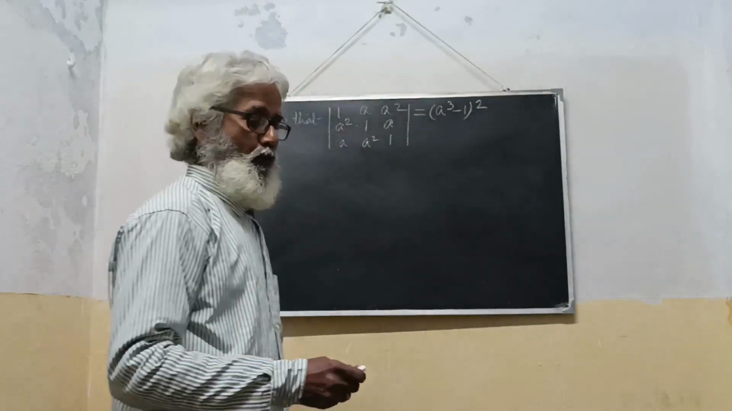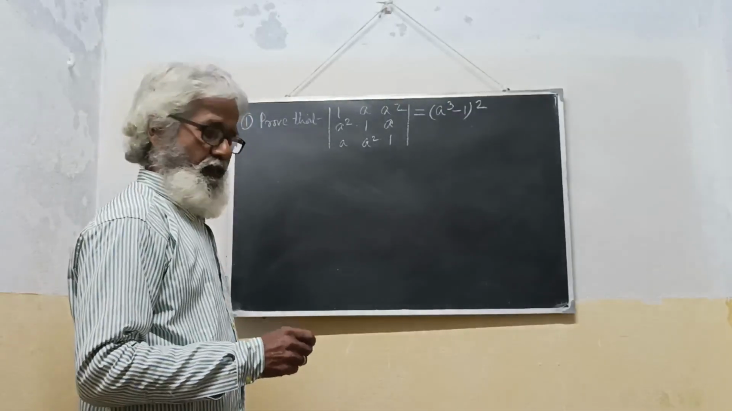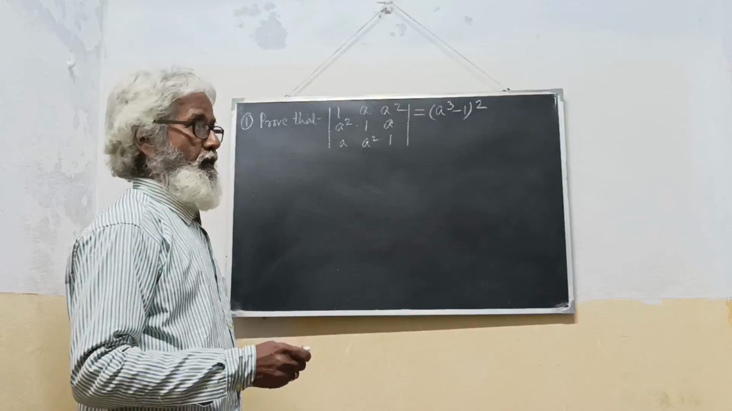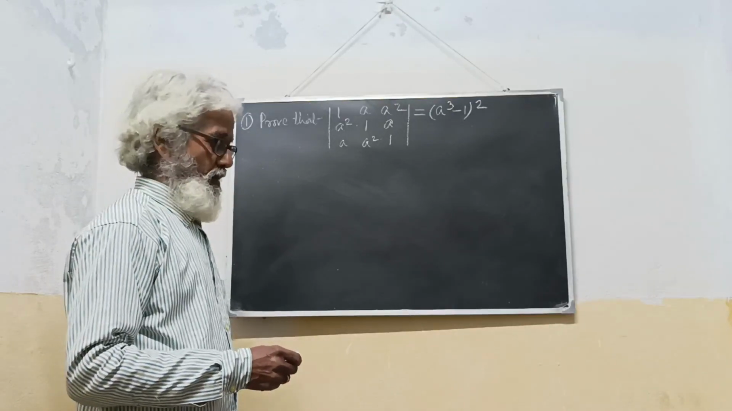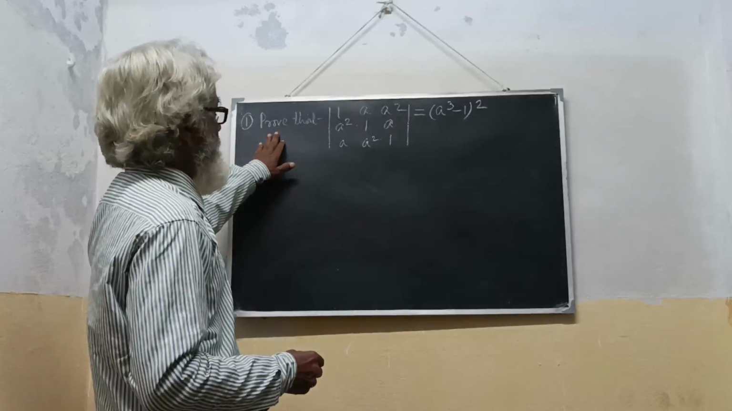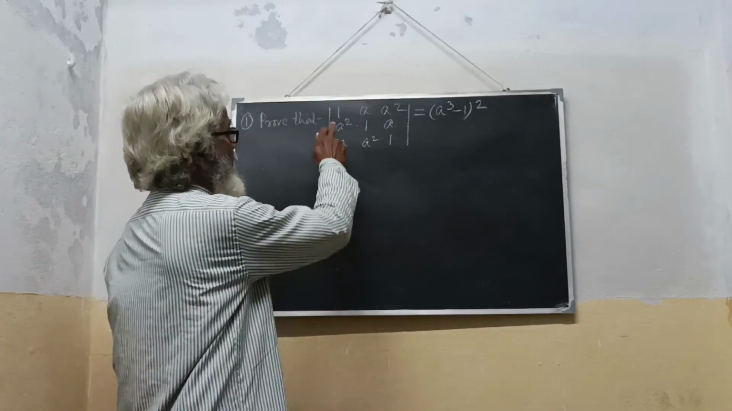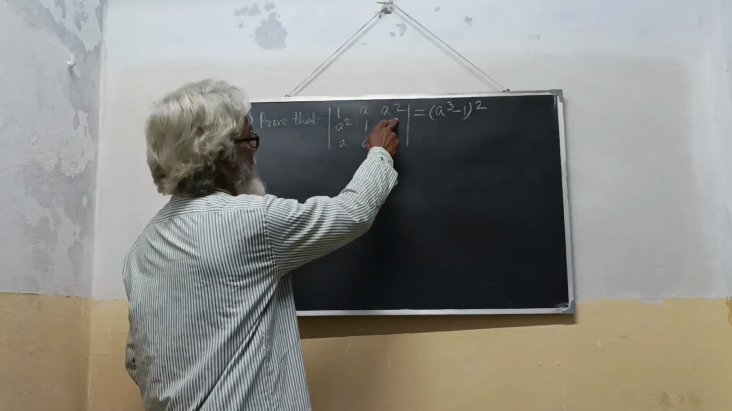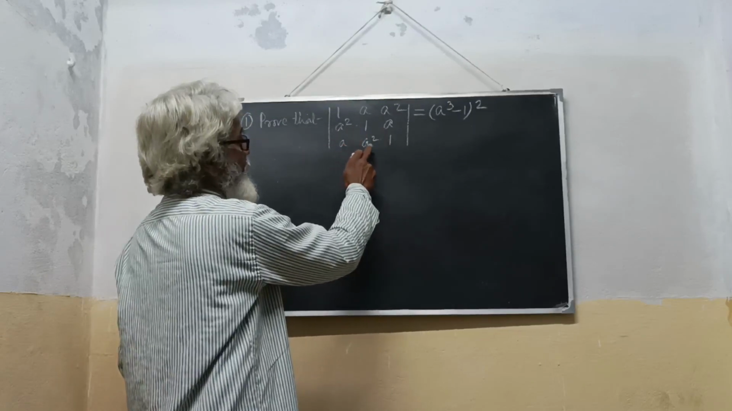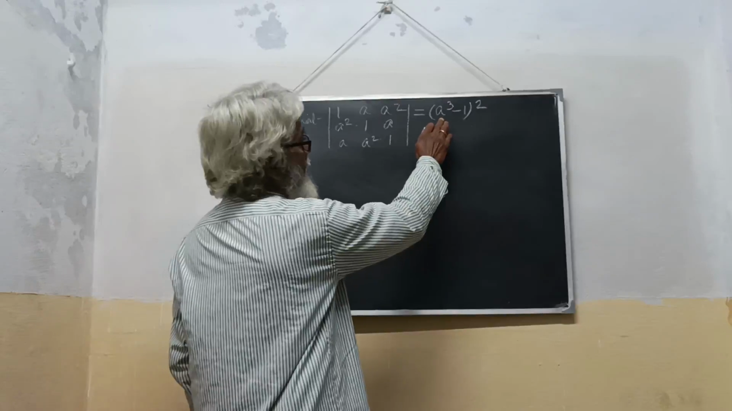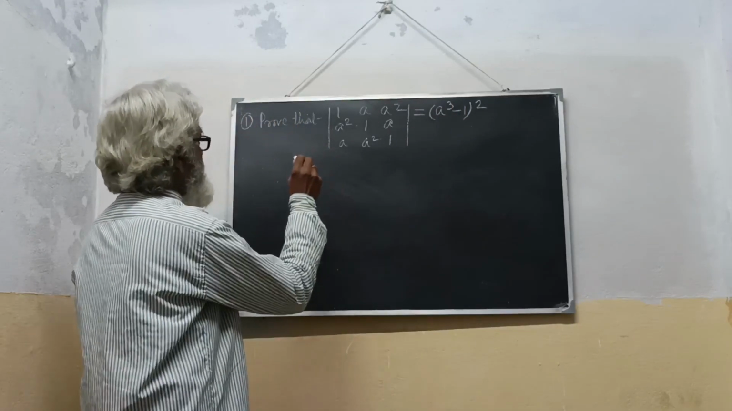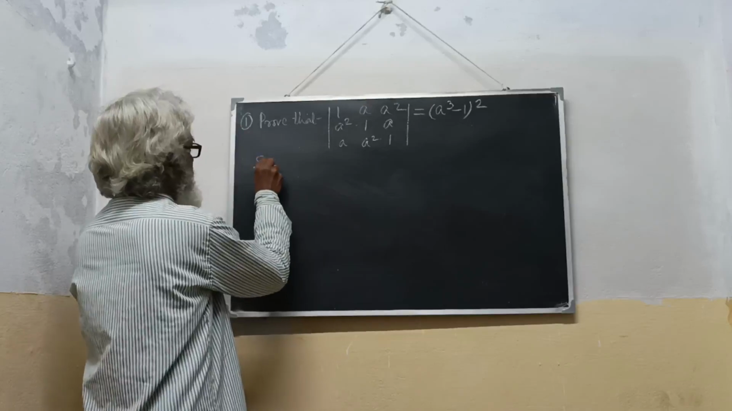Today I do some very simple problems on determinants by following the properties as was discussed earlier. Now we take the first example. Prove that the determinant with rows 1, a, a squared; a, a squared, 1; a squared, 1, a equals (a cubed minus 1) whole squared. To do this problem, solution,